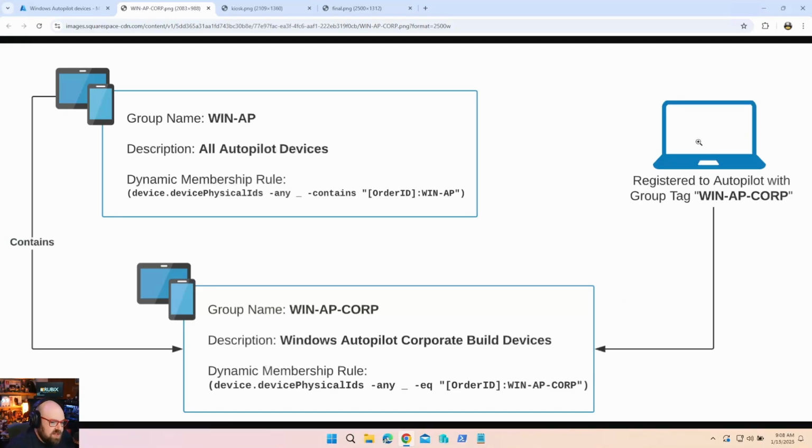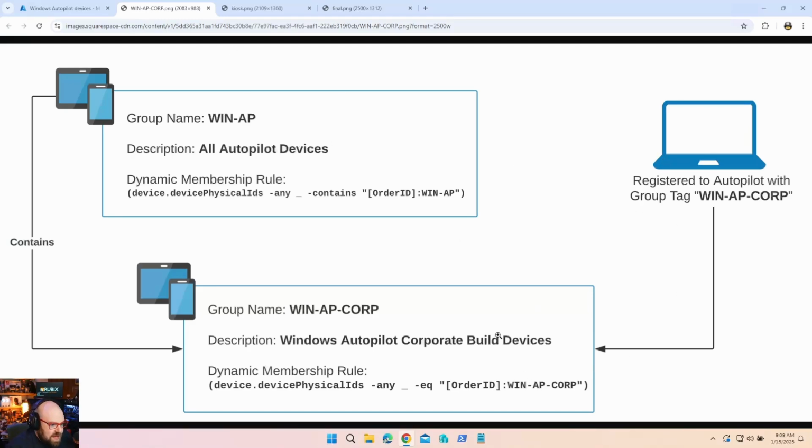The purpose of this is once that tag is set to the device, I can begin to make groups on it before it even physically exists, right? Once it's in Entra, I can group it. That's going to be really helpful when we want to deploy things like apps and policies to different kinds of